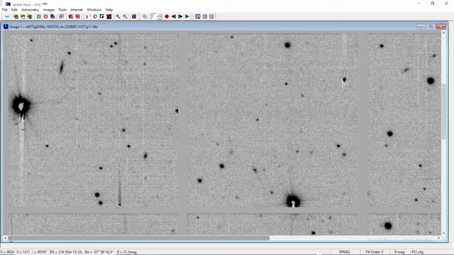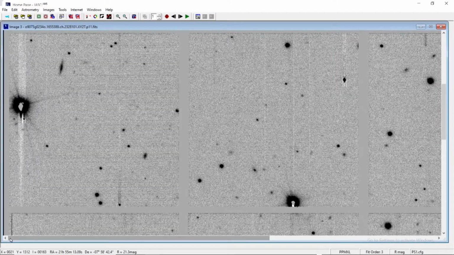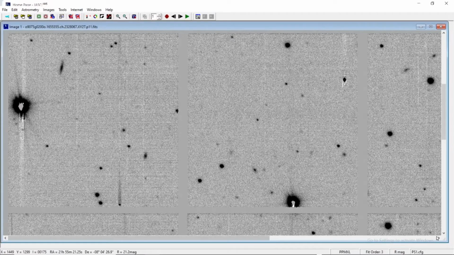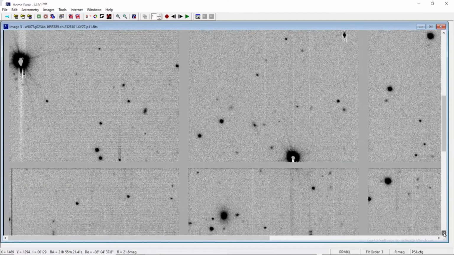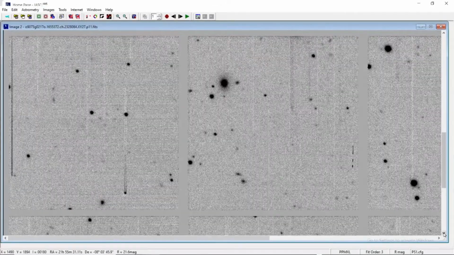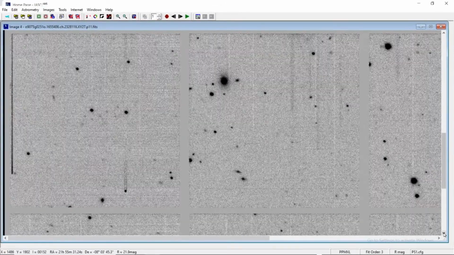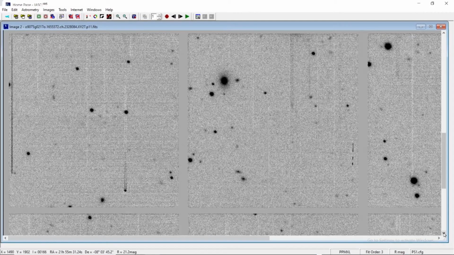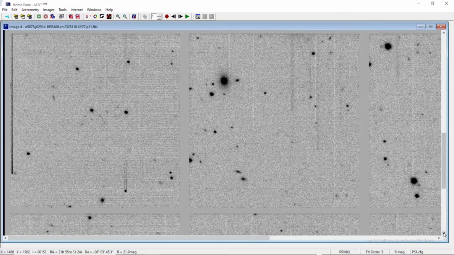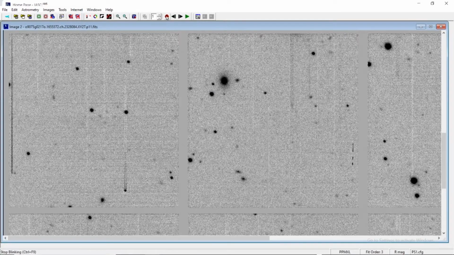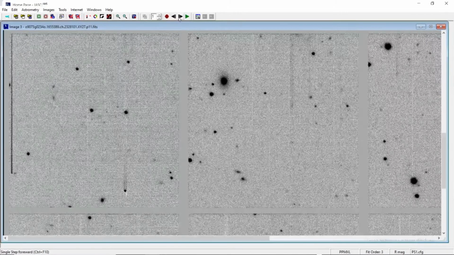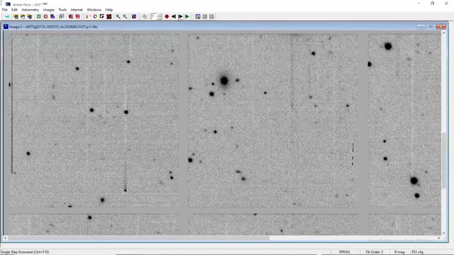Now let's move to column number 1 and column number 2 of row 2. Again, there is no moving object at all. Now, if we move to row number 3, column number 1 and column number 2, what we see is here also no moving object. In the middle, if I stop blinking once in image number 2, this sort of linings appear. But if we try to trace their path, then they disappear, they are not appearing anymore.